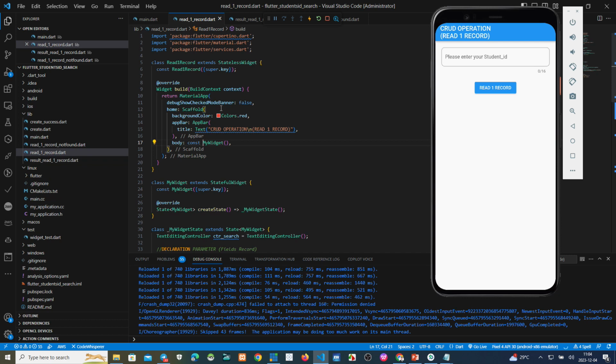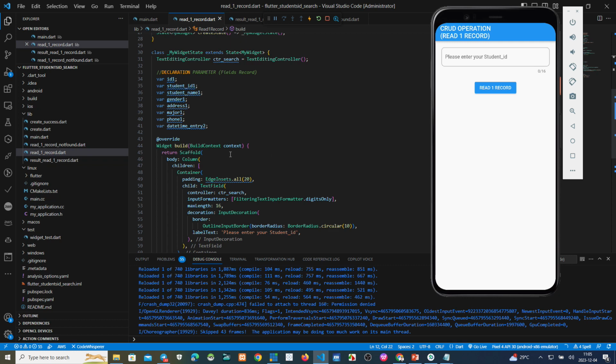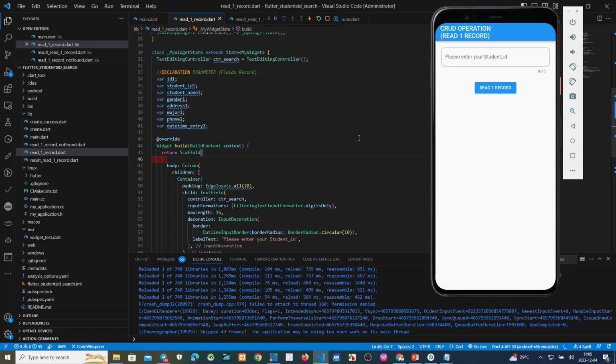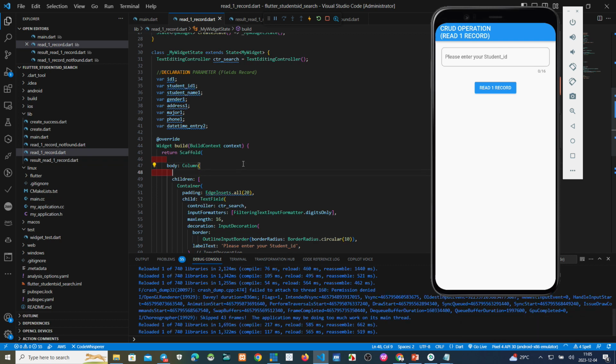Where is it? Moment, please. This one, main axis alignment.